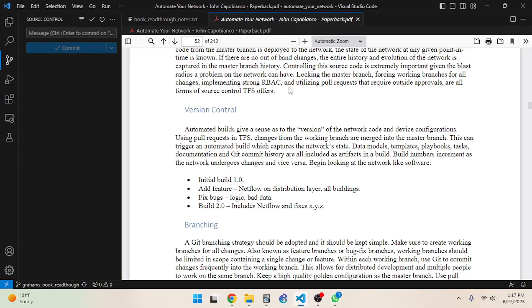And now you have a build 2.0, which includes NetFlow and the fixes you needed to do. And then since it's idempotent, you know that you truly are on version 2.0, and there's been no changes made beyond that.